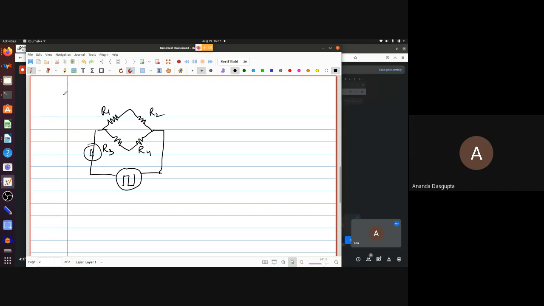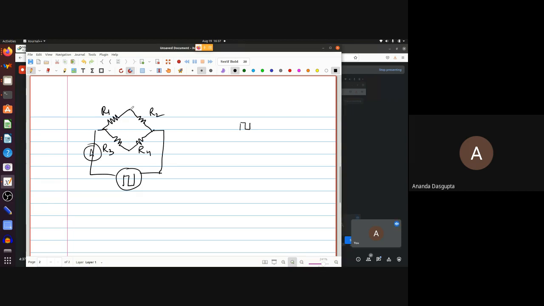Yes, it will be square, right? Exactly. Of course, I called it a Wheatstone bridge, but it's not a Wheatstone bridge. It's just a series parallel combination, right? So these R1, R2 are in series, R3, R4 are in series, and they are together in parallel. What would have made it a Wheatstone bridge is if we had a resistance here.